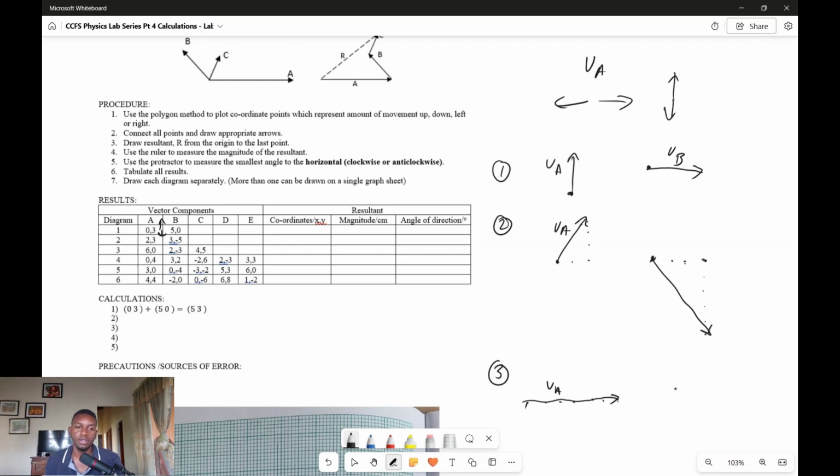All right. VB for this one, you start here. Then you take 2 steps to the right, 3 down, 1, 2, and then 3 down, 1, 2, 3, bam, vector VB. All right. And then last but not least, VC is you take 4 steps to the right